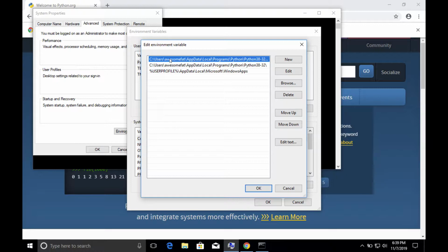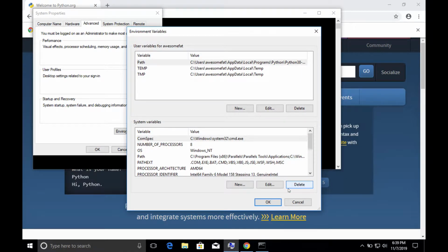Make sense? Now, if you ever need to put something into your path, you can always go in here and say new. Go and browse to where it is. Find the directory you want to put your stuff. You want it to search. And now when you type stuff out the command line, after you restart the command line, it'll go and look in those places. That makes some sense? That's how the path environment variable works. That's how it's worked for the last 30 years. Okay, so this isn't a new idea, but